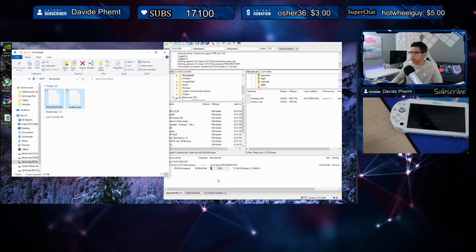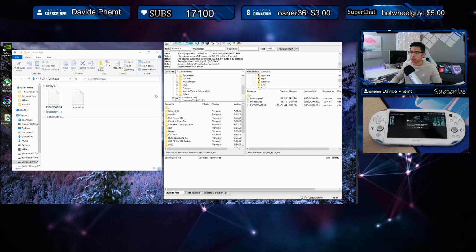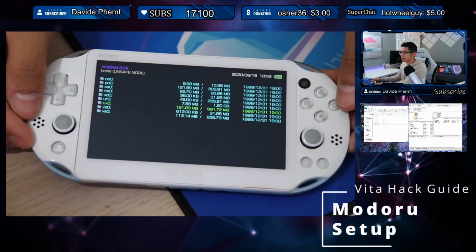And you can see the information down here in this window below. And that update is a little bit beefy, so it's 127 megabytes to copy over, so just be a little patient and wait for that to finish. Alright, so we're all done here, and we can go back on our Vita and disconnect from the FTP client,